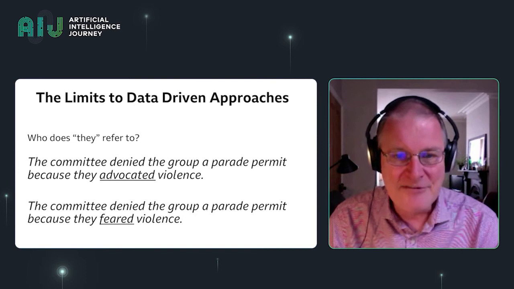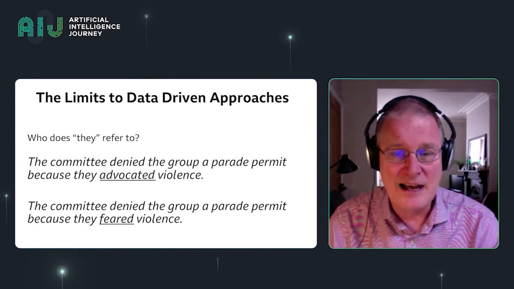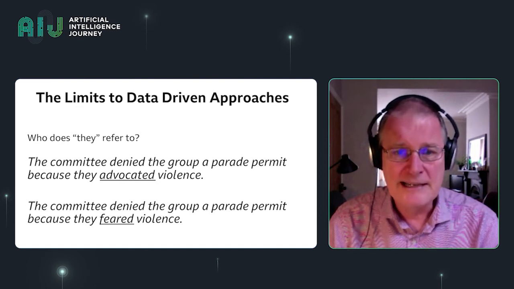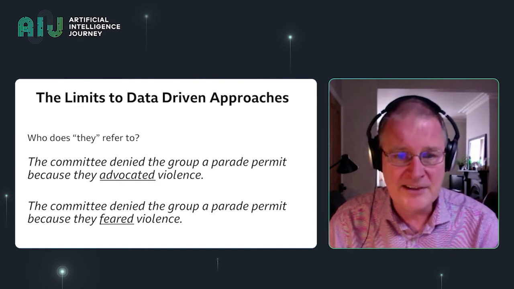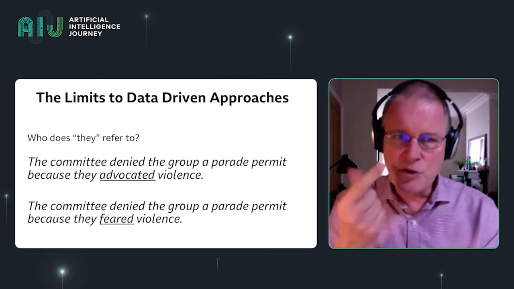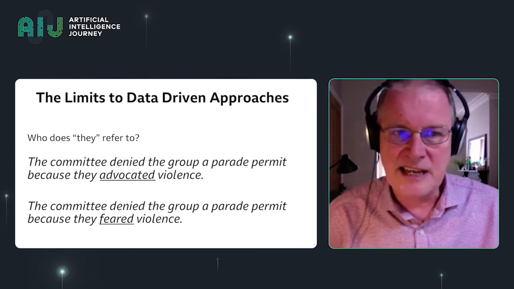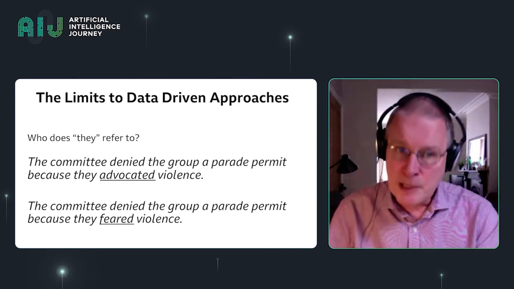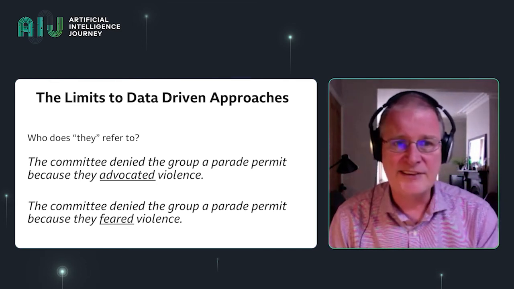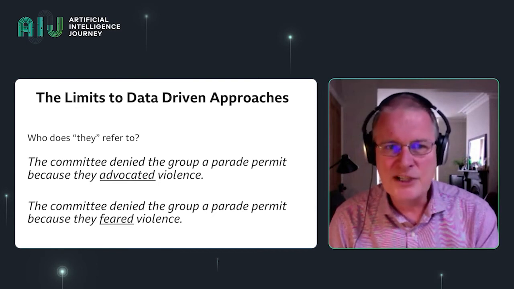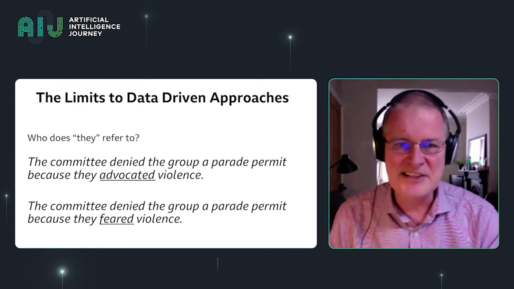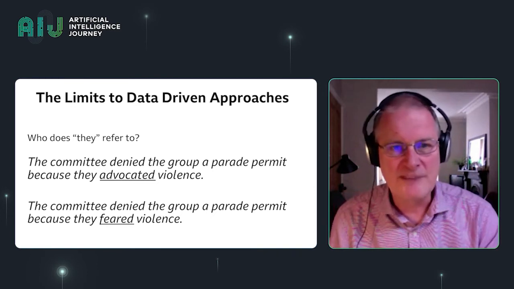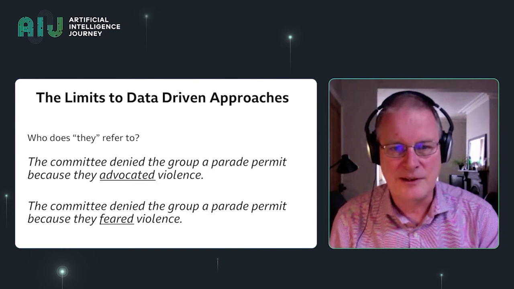They, the people that are advocating violence in the first sentence, are clearly the group, right? The ones that fear violence are clearly the committee. So changing one word in each of those sentences completely changes the meaning. But the approaches that we've seen, these neural network techniques, are very bad at picking up those kinds of subtleties in sentences. They're called Winograd sentences, and computer programs are very, very bad at being able to handle